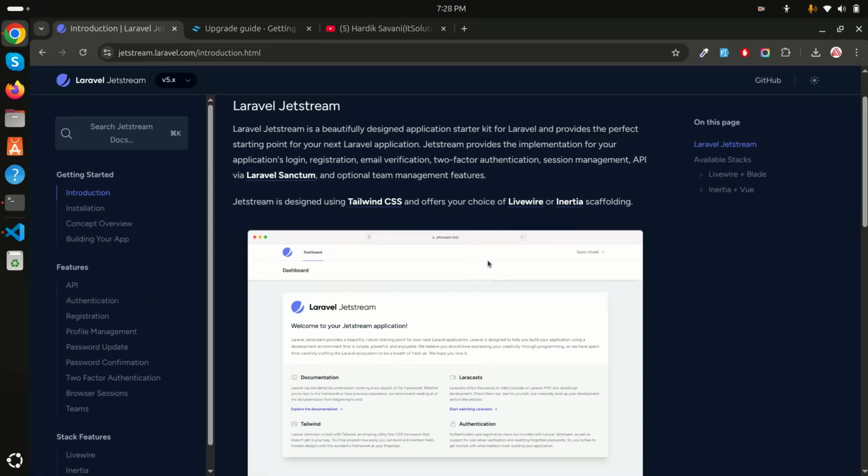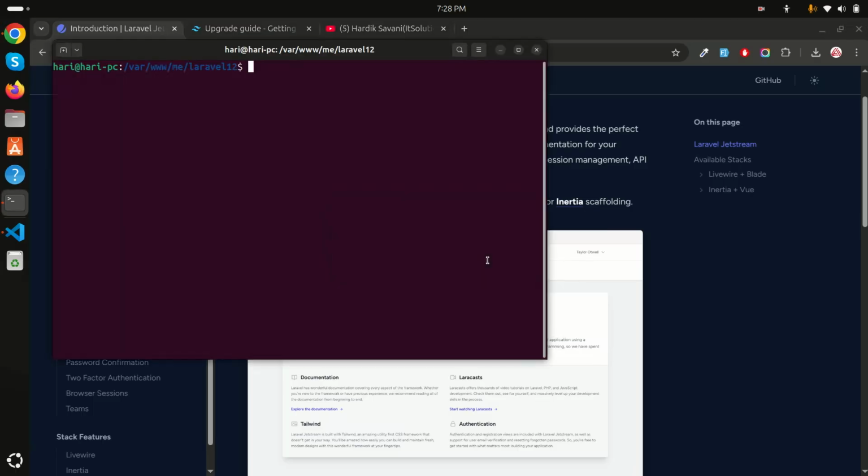So let's get started with an example, and I will also show you how to upgrade the Tailwind CSS version, because the current version is Tailwind CSS 4. So let me go and install the Laravel application. I will just say laravel new. It will ask you for the project name, so I will just say